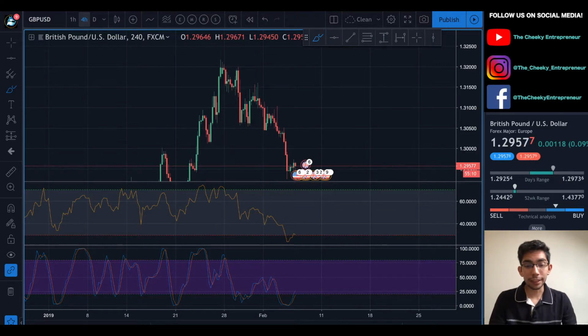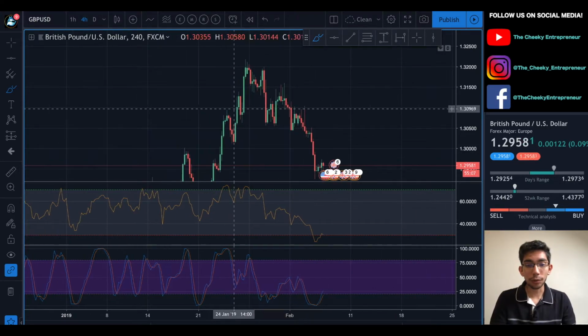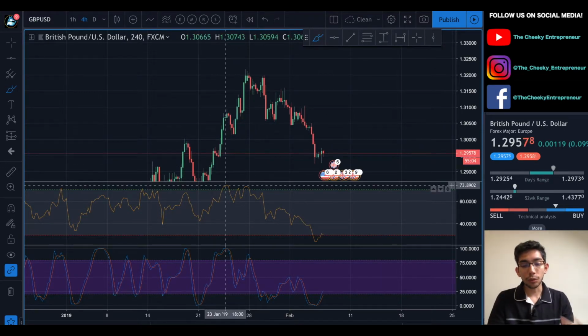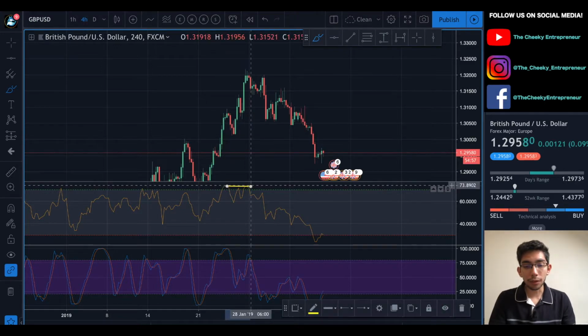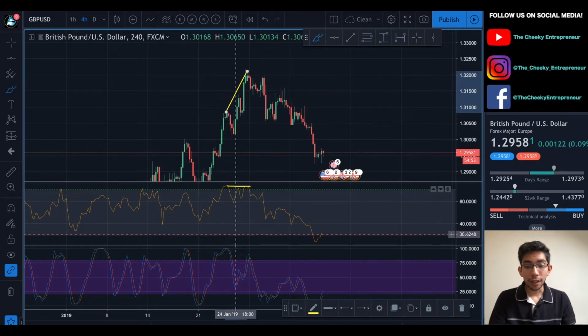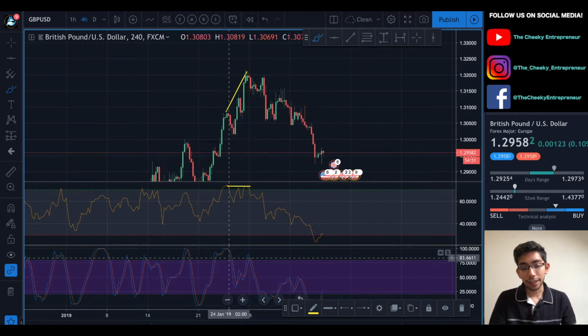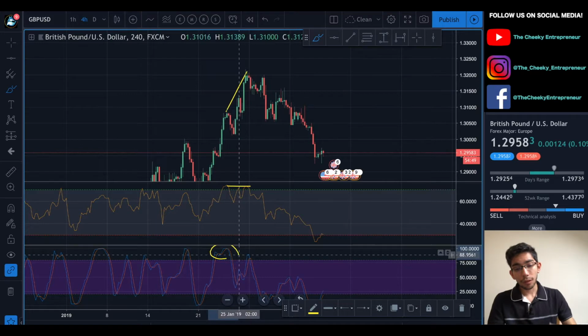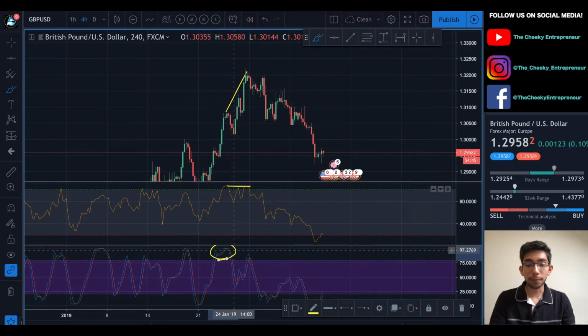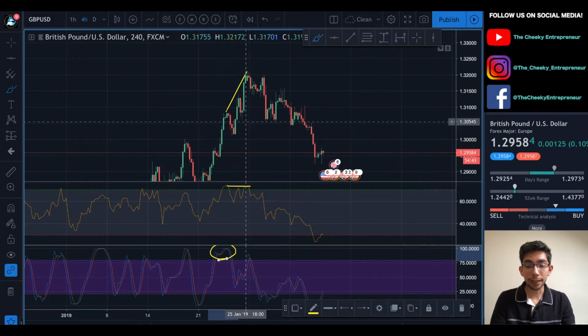And for instance, in this particular scenario, if you go to the 4-hour chart, again, as I've mentioned, you have a bearish divergence here, you have a decreasing RSI, but here the price is actually going up. And as I mentioned, just to validate, the stochastic RSI is actually overbought in the first peak, but then when it goes back down and we have this peak again, we have again